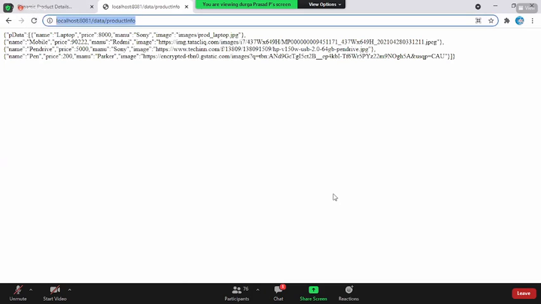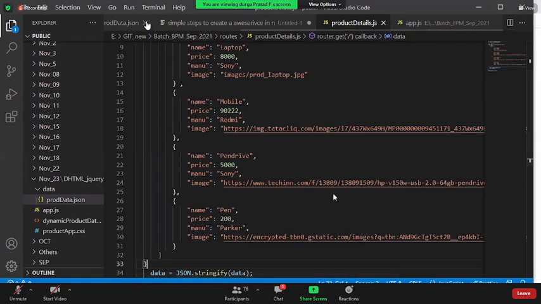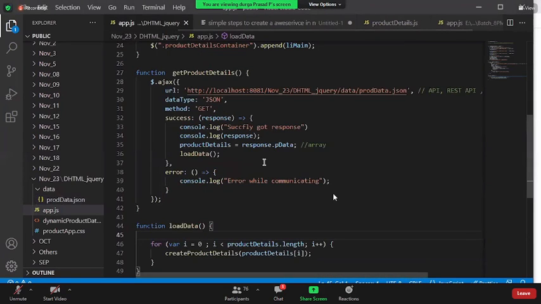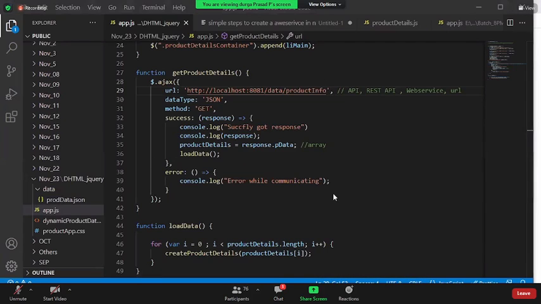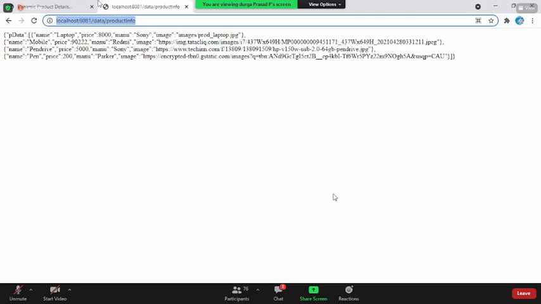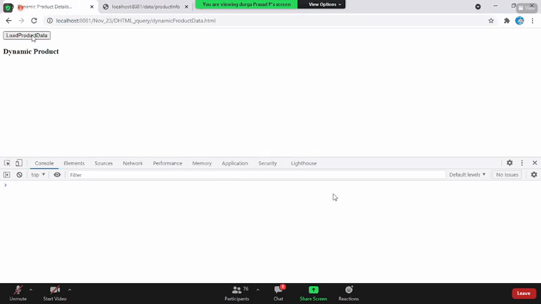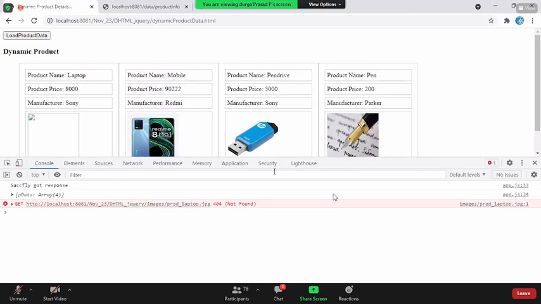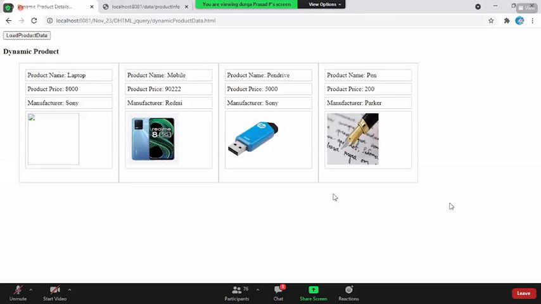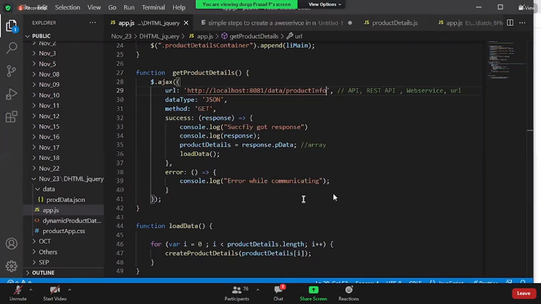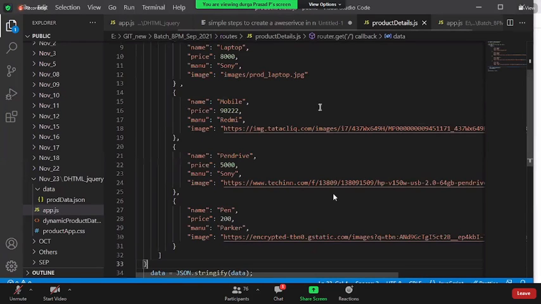Now you take out this URL, put into your coding. Where is our code? Instead of this dummy JSON URL, you simply put your actual web service URL. Save this guy, come back here and reload the page. Now you say load product data, you are receiving the data. Now some changes have to be done on the server side. Where I have to do? Nothing on the client side. It has to be on the server side.